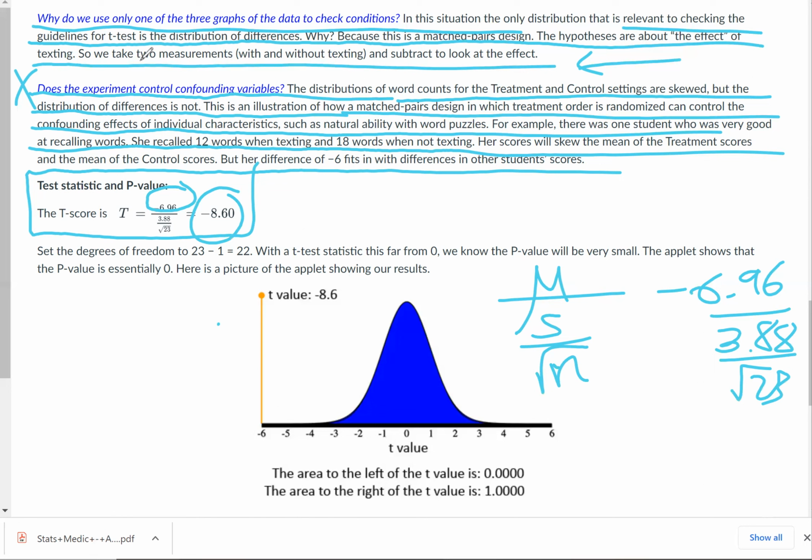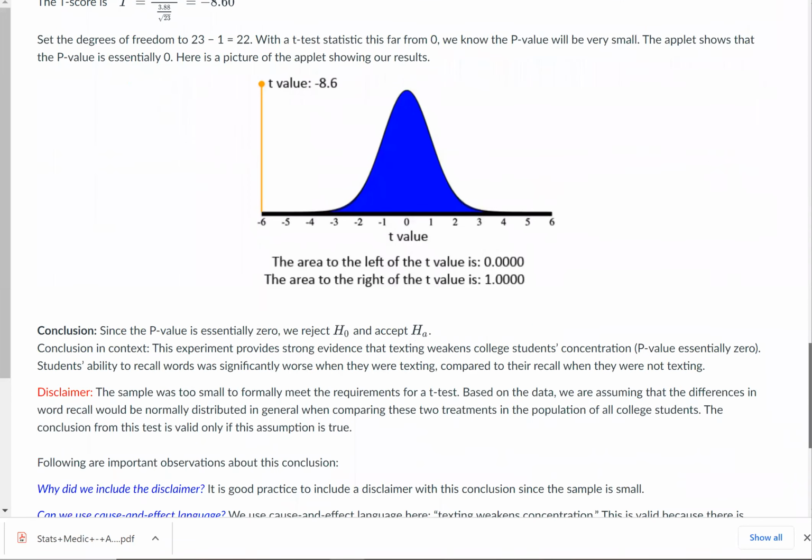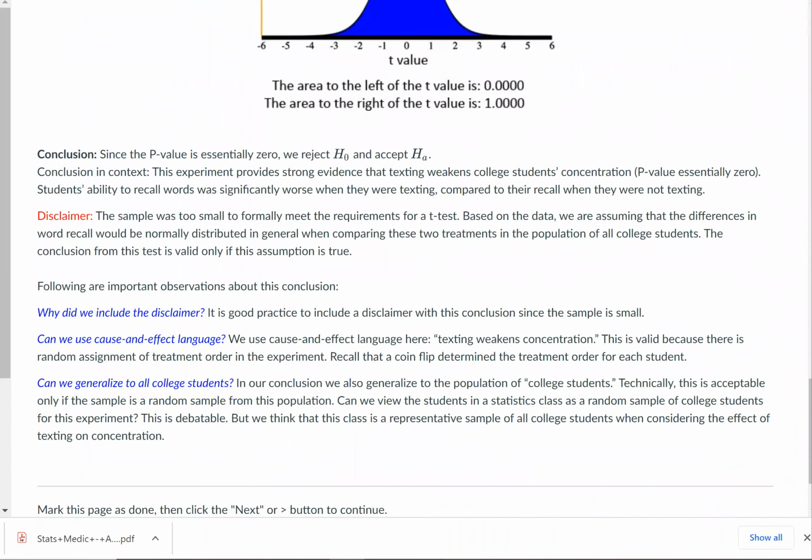And then remember, when you use the applet and your t-score, they want the degrees of freedom, and degrees of freedom should be n minus 1. In this case, n was the number of people in this study, 23 minus 1, so 22. If you use the applet, you put degrees of freedom as 22, and you put your t-score as -8.6, you should get that the area to the left of the t-value is 0, exactly 0, and the area to the right is exactly 1. So our conclusion is, since the p-value is essentially 0, we reject the null hypothesis,